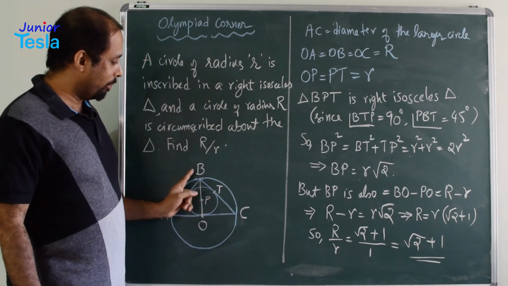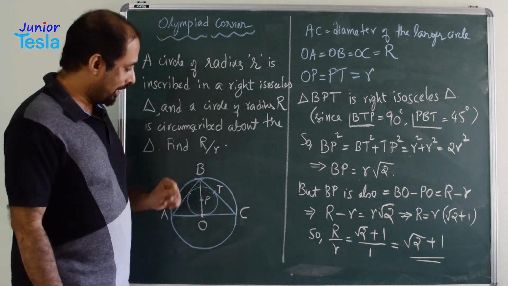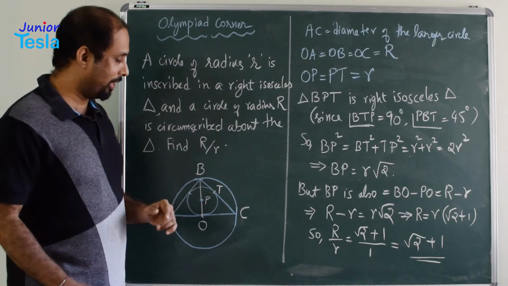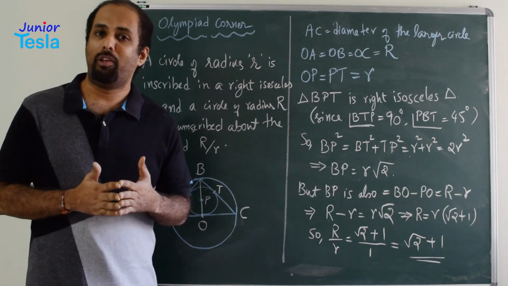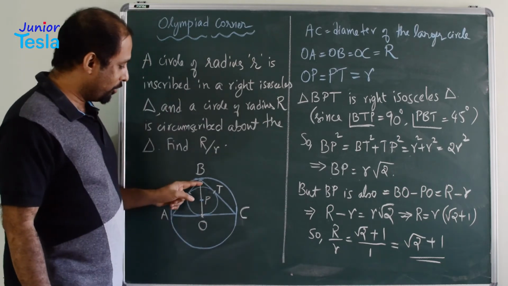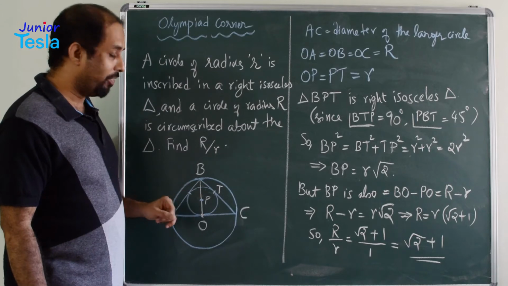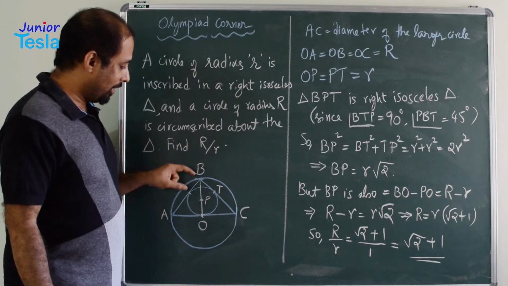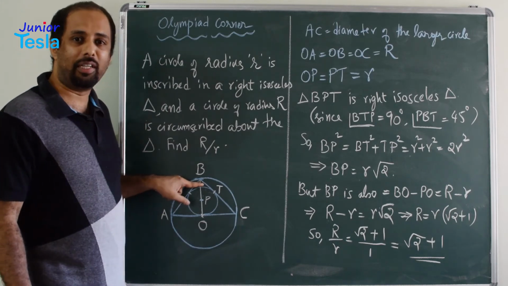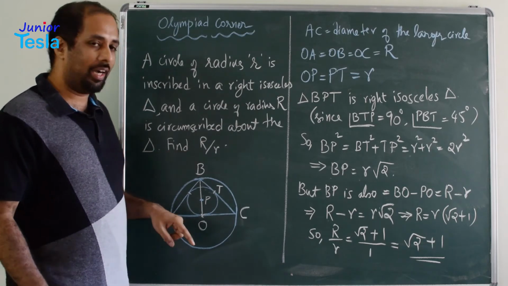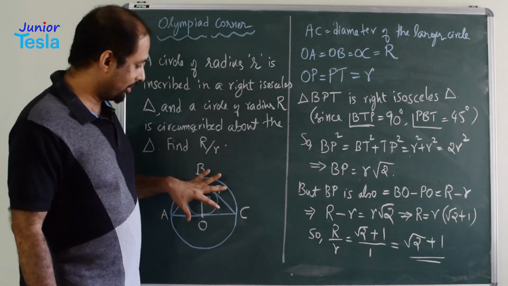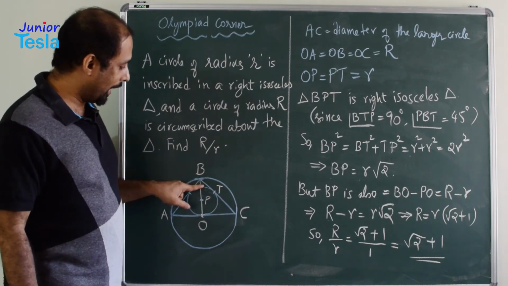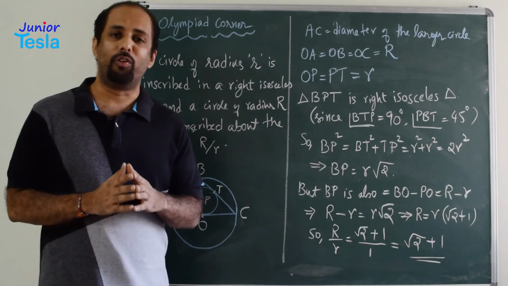So therefore PT and BC are perpendicular to each other, which means if you have drawn one small triangle BTP, then angle BTP will be equal to 90 degrees and these two will be equal to each other, 45 degrees. Why? Because that is also a right isosceles triangle. Why so? Because this particular angle is equal to 45 degrees. Why? BO is the median, it is an altitude for the larger triangle, and also it is the angular bisector for the larger triangle. Therefore this particular angle, that is OBC, will be equal to 45 degrees.